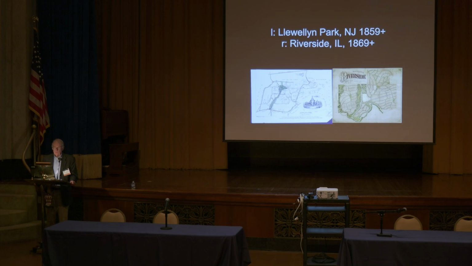And as you can see, you have the sort of curving streets. There is sort of a park, which is that green thing that runs up through the center of it. And I should say that Llewellyn Park is still there today. It's expanded considerably. There are only, I think, 2 of the original buildings that are left. Everything else has been replaced, but it's still there. And then a few years later, outside of Chicago, Frederick Law Olmsted designed this Riverside, Illinois, which is certainly an expansion of what you see there in Llewellyn Park,